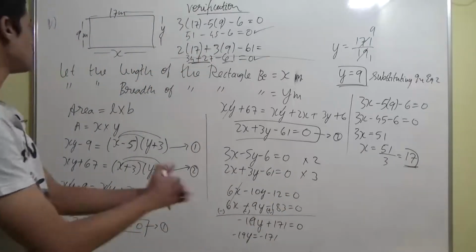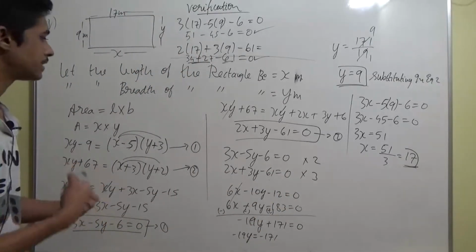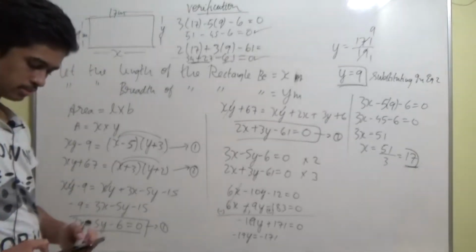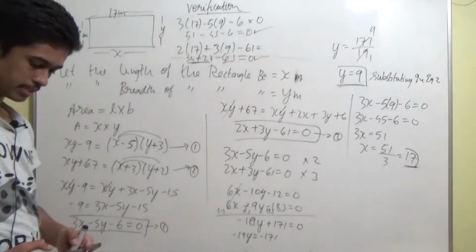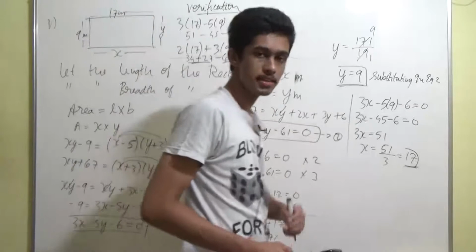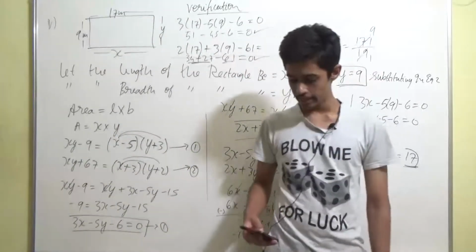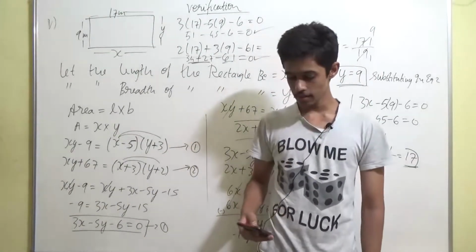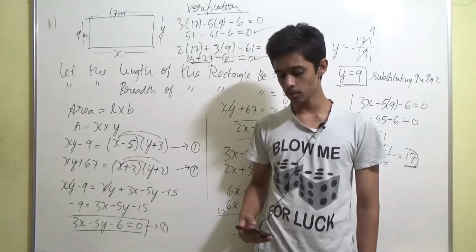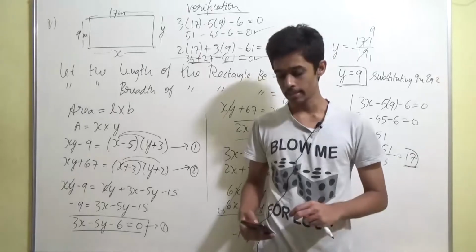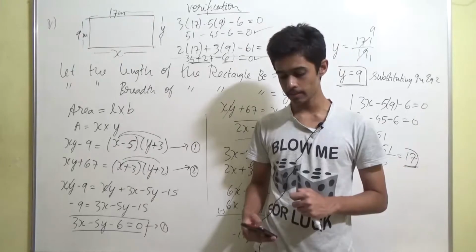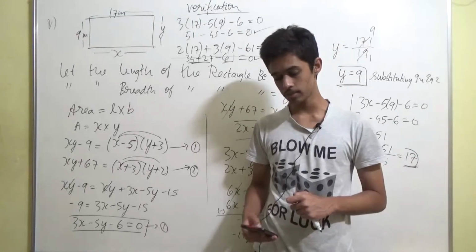That's it, guys. So fifth question is done. I think this is the end of the exercise, right? Is there any other question? Just a minute, guys. Let me see it once. Yeah guys, this is the end of exercise 3.5. Great, guys, we have completed the 3.5 exercise. I think in 2 or 3 lectures we'll be able to complete the entire chapter. The only topic left in this chapter is equations reducible to a pair of linear equations in 2 variables.